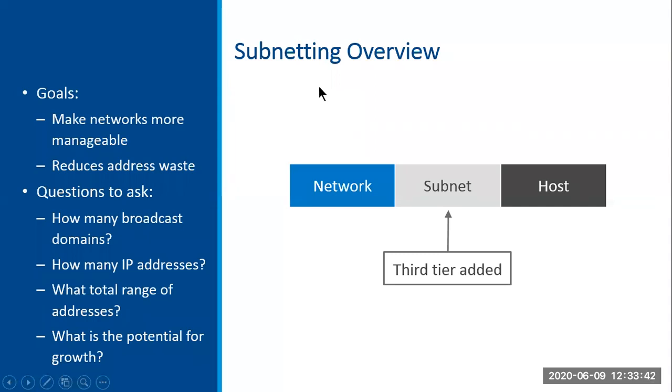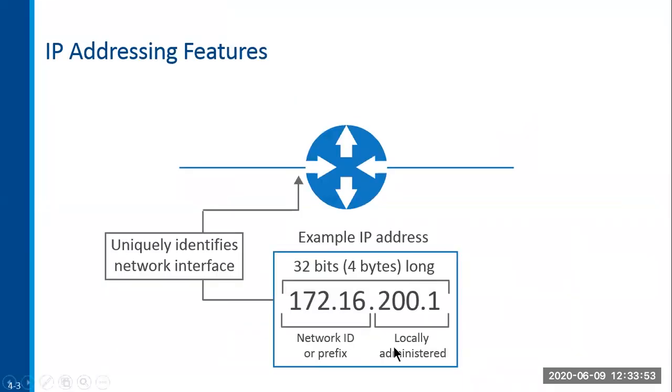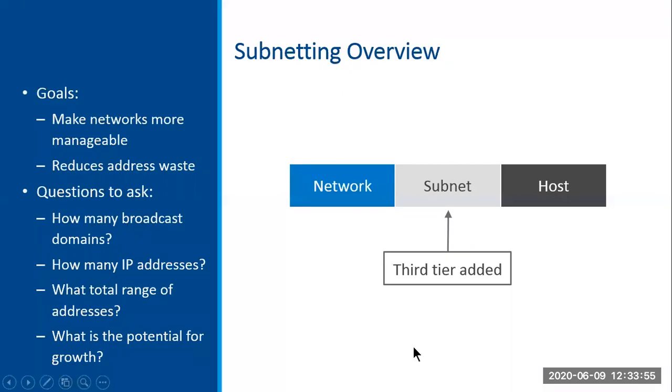Now, what does subnet addresses mean? Subnetting basically is taking one large network and breaking it up into multiple smaller subnets. Most of the addresses have a network portion and what they call a locally administered or host portion. So you have a network portion, a host portion, and a third portion is created called the subnet. Now that's something we usually have to do. And not all of us, of course, but those who are designing the network, those who are assigning addresses will have to create subnets.